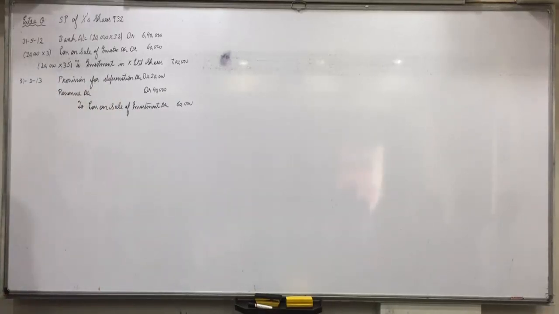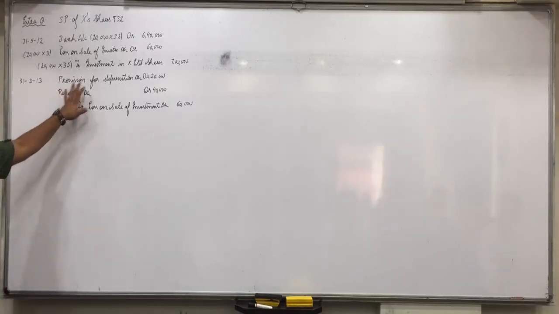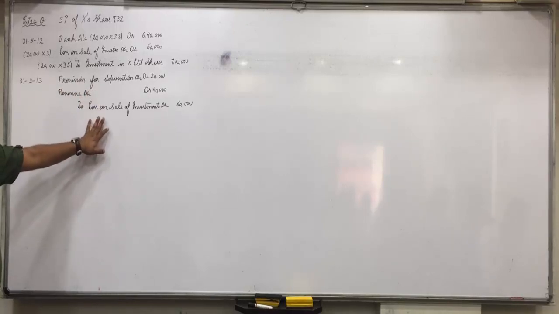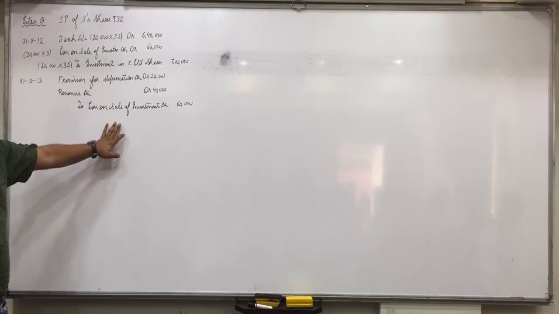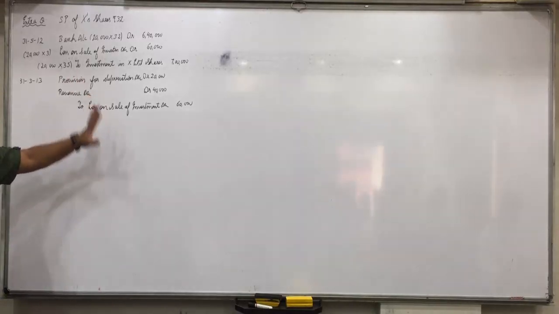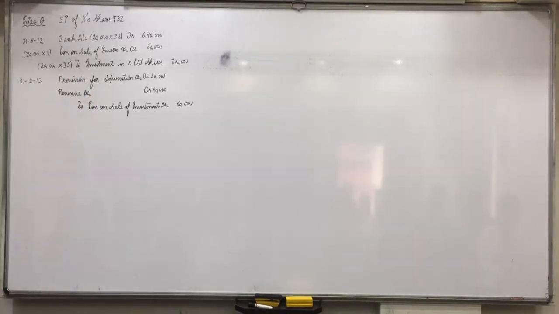Entire profit you reverse and credit, transfer to revenue account. In closing entry of loss, what will you be doing? Provision for depreciation you reverse and debit. Loss you will reverse and credit. And wherever the difference remains, whether in debit column or in credit column, you will transfer it to revenue account. Is everyone clear with this?